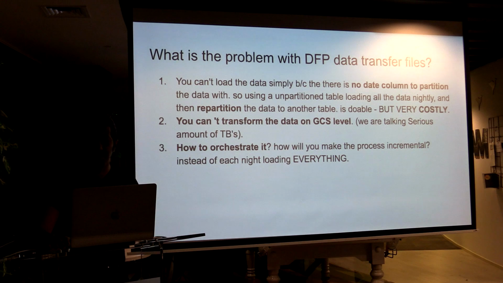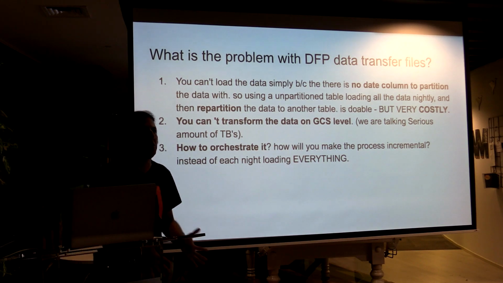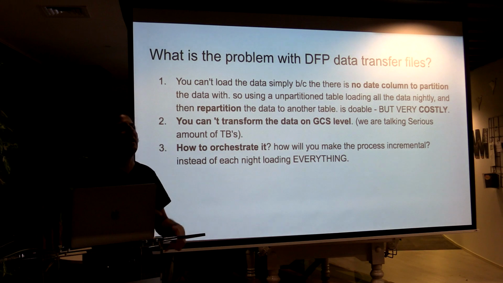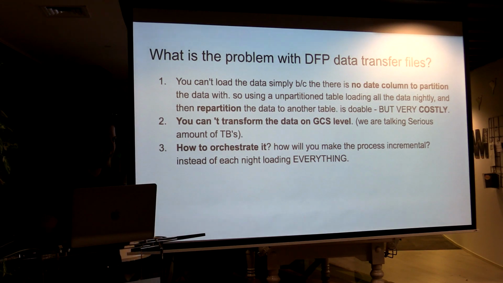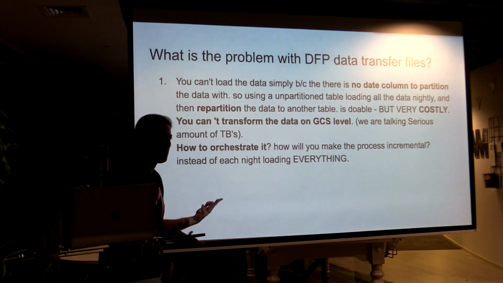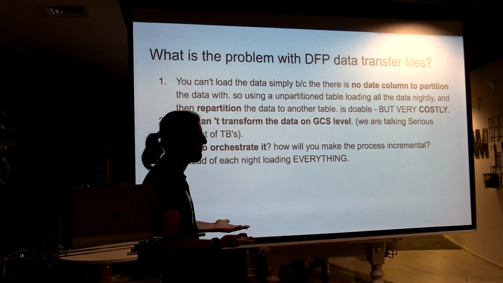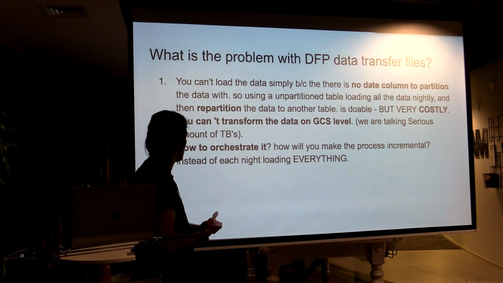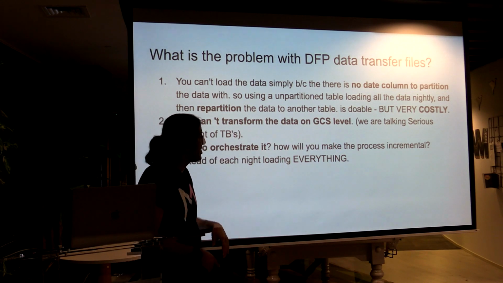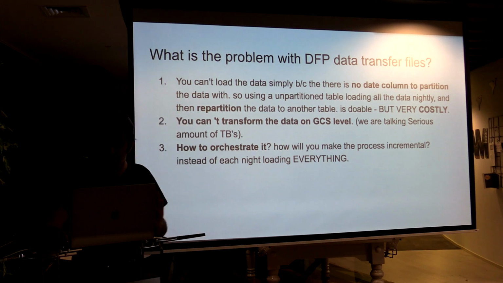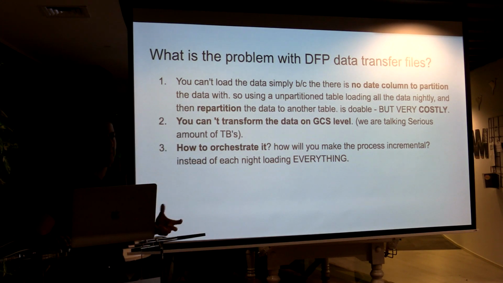So what was the problem? We had to load everything each day and delete everything each day and do the repartitioning, extract the date, and transform the data. And it made no sense in the beginning. How can we transform it? We couldn't do it on the storage level because the amount of data was too big. Orchestrating it was a bit challenging. And what to do with the date column, we talked about it, but forget that. The cost was $150 per day. So you can imagine the monthly cost.